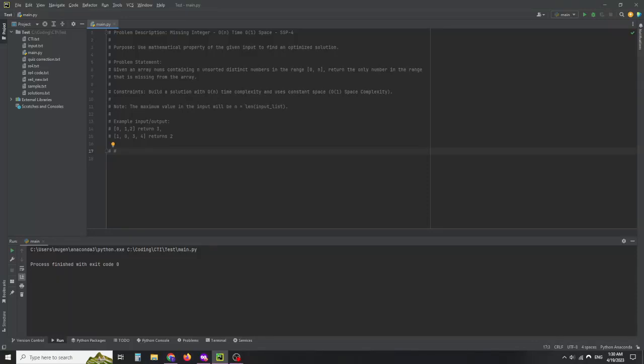Okay, the problem is given an array of numbers containing unsorted distinct numbers in a range of 0 to n, return only the number in the range that is missing from the array. If it was sorted, it would be numbers in sequence, but this array is not in sequence, so it's unsorted. There are various ways to do this, but luckily there are some mathematical properties that we can use, which is summation of a sequence,